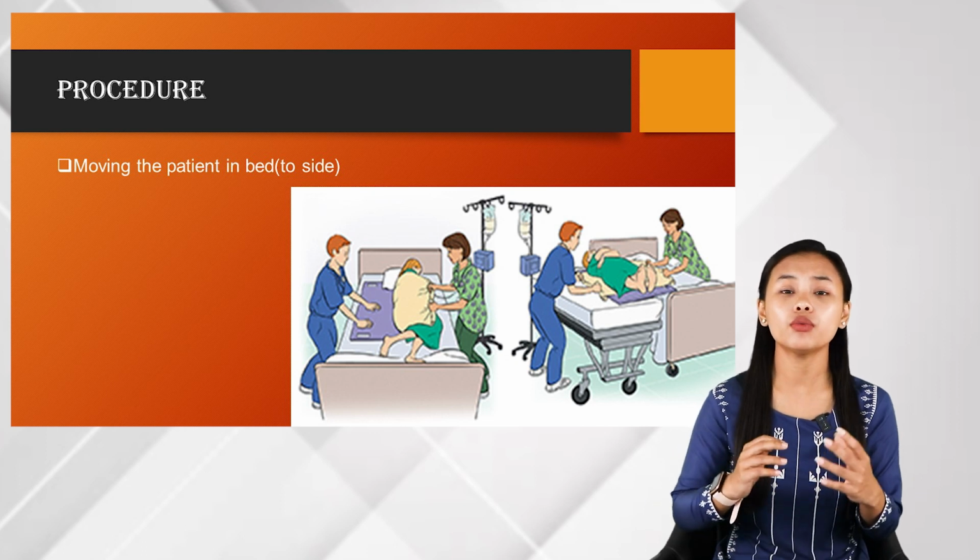So these are the various steps that you must follow when you move the position of the client in the bed itself from the supine to the lateral position. First, you must wash and dry your hands. You must make sure that the bed is in a flat position. You must also make sure that the client is in a supine position, and then you can call for